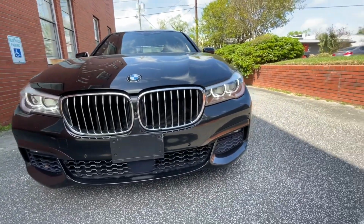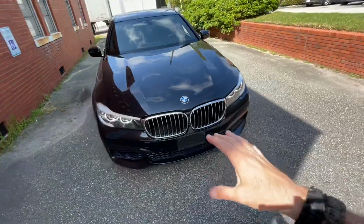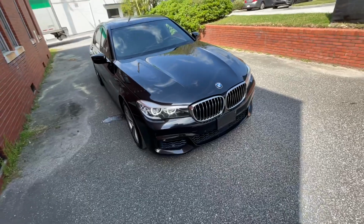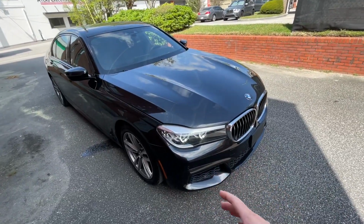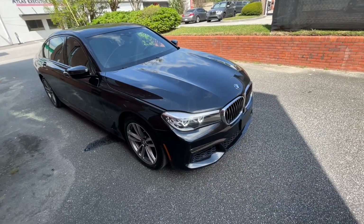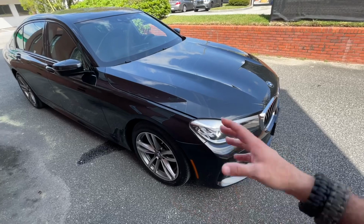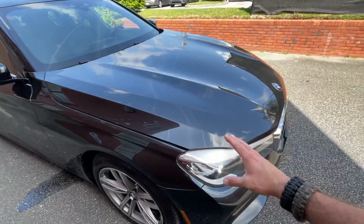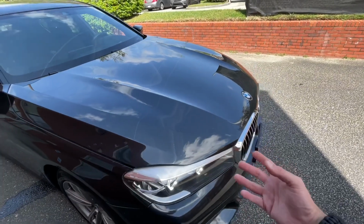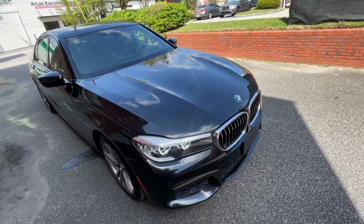Now, most of y'all watching are probably pretty familiar with this car, possibly, because I've found that most people buying higher end vehicles from us already know all about the car, right? But that's because they do stuff like we're doing right now, watching videos, checking them out. The condition of this pre-owned car, though, is really nice. And that's really the main thing we're looking at today, is how is the condition of this car with 88,000